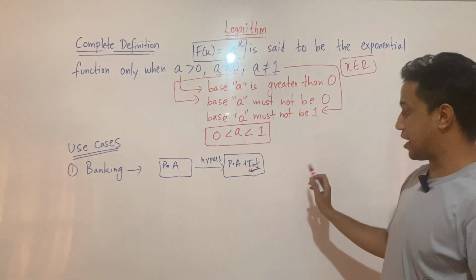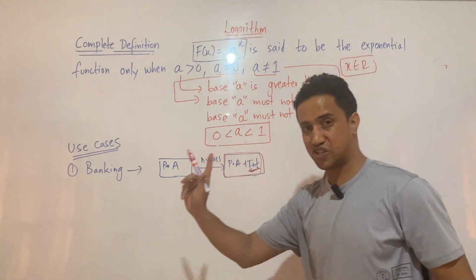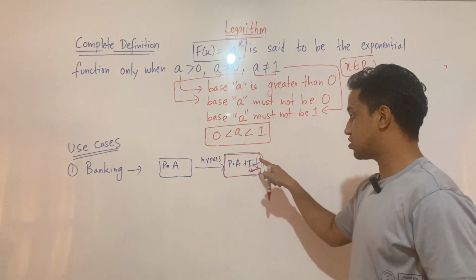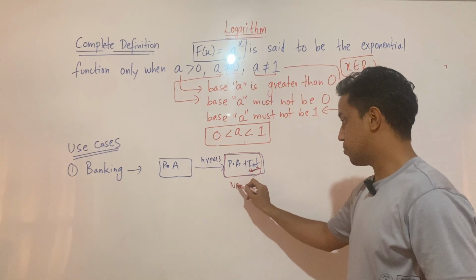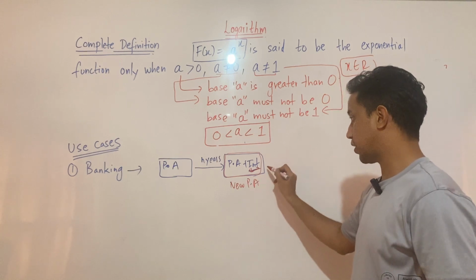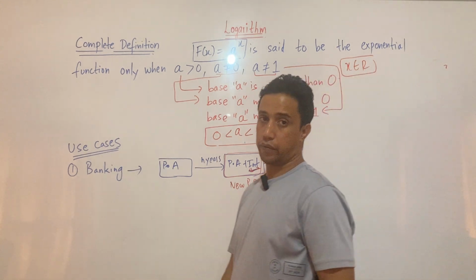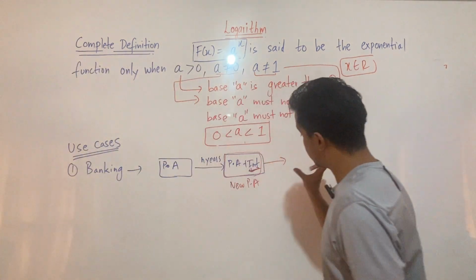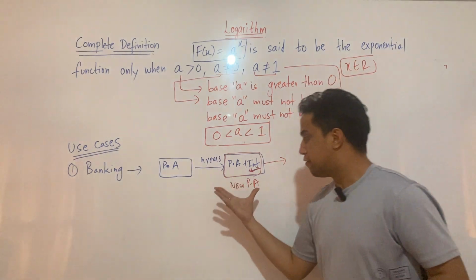Okay, so next time when you keep this amount with the bank for a certain number of years, your principal amount plus your interest is going to become the new principal amount. Okay, and then this process just goes on, and if you look at this process,